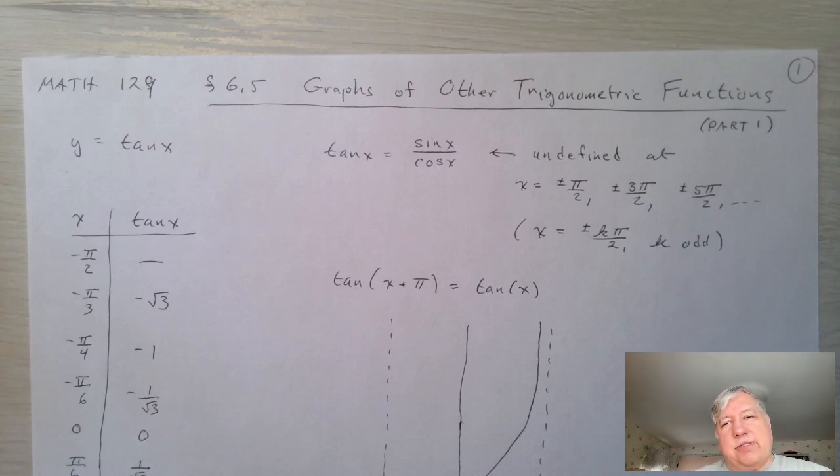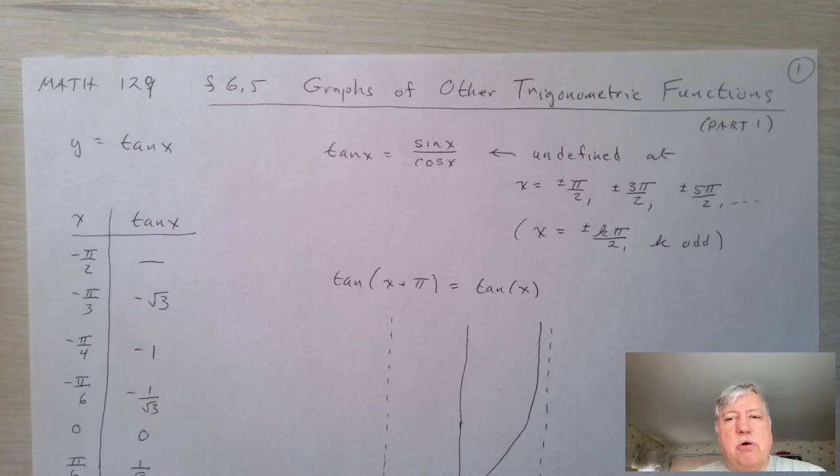Like the last section, we explored all about the graphs of the sine function and the cosine function and their variations. Now we're going to look at the other trig functions, namely the tangent function, the cotangent function, the secant function, and the cosecant function. And they're going to be a little bit, well, actually a lot different. And the reason for that is that